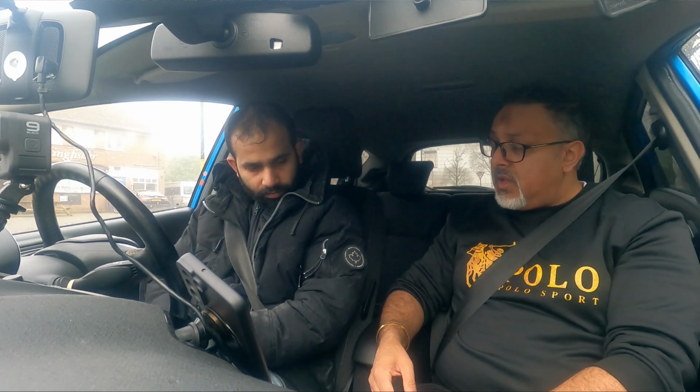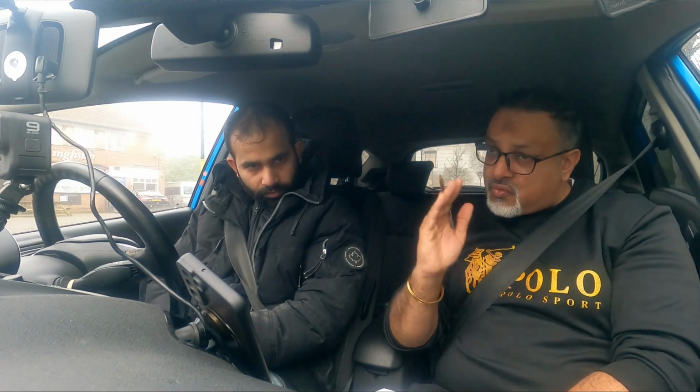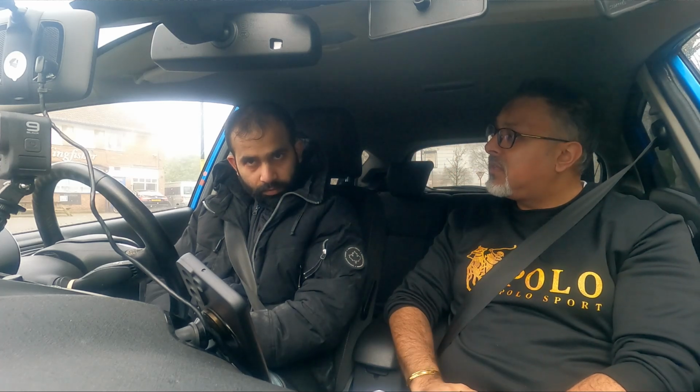Signals necessary. I've marked you twice for signals necessary. Now, we've gone straight at 2 roundabouts. Yes. And you didn't signal to say you were exiting. You didn't give an exit signal. These were not mini roundabouts. Exit. Yeah. So the exit signal to say I'm about to come off, you haven't signaled, okay, which you should